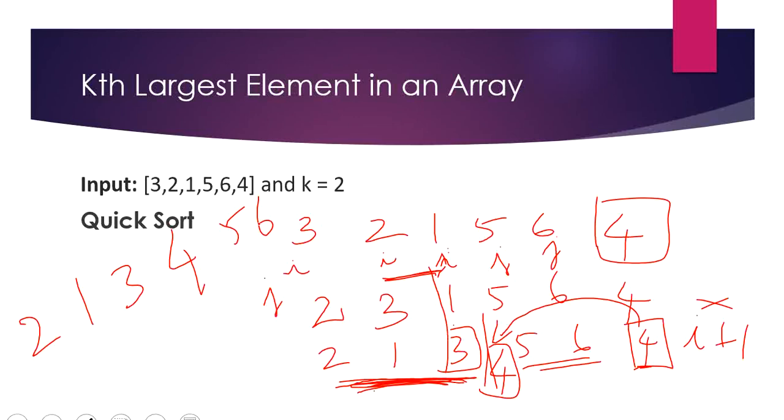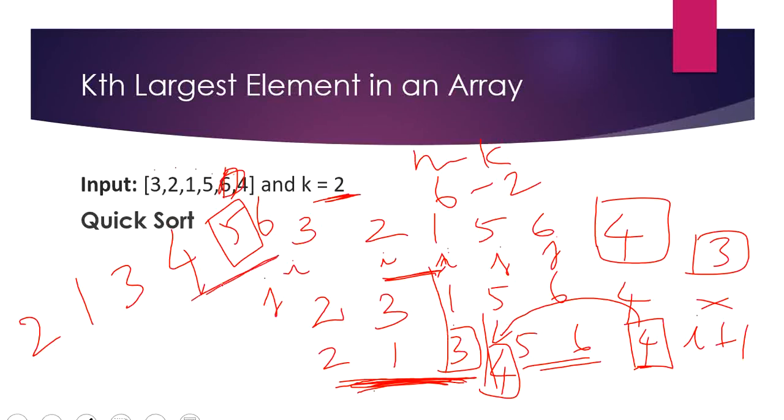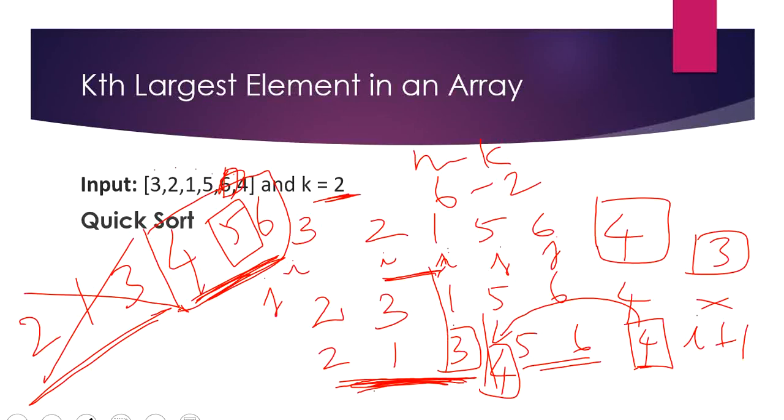So where should our answer be? In our problem, the second largest element will be placed at n minus k. That is, n is the size of the array, 6, minus k, which is 2. So at the fourth position, that is 0, 1, 2, 3, 4, here. That is here in this position. So now our i is 3. So let's check whether our fourth position is within this range or this range. It is clearly within this range. So ignore this and take only this 4, 5, 6 and apply quicksort. Now again in 4, 5, 6,